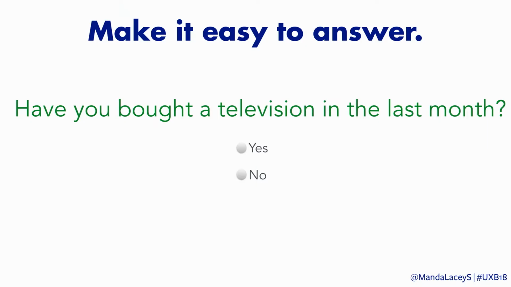And I know that when you're doing a screening, you're trying to get through things quickly and you're trying to get at specific things. But when you ask things imprecisely, it leads people to lie accidentally. And you want to make it really easy to answer, right? Like, if you have bought a television in the last month, you'll remember that. If you asked me what I ate for breakfast last Tuesday, I would have no idea. So you have to make it easy for people to answer. It has to be information that they know,